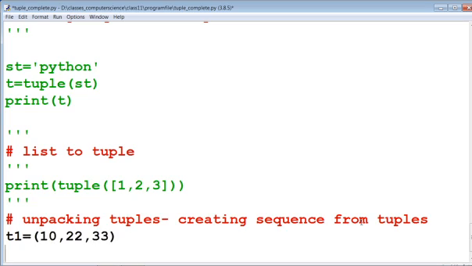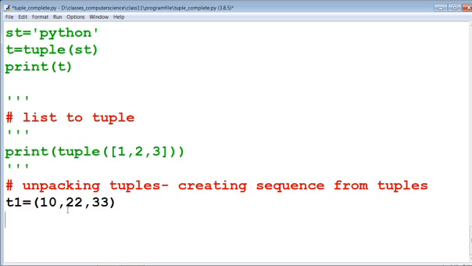Now if we want to unpack this tuple, then we have to take the number of variables as the number of elements. That means we have taken the variables x, y, z equal to t1.